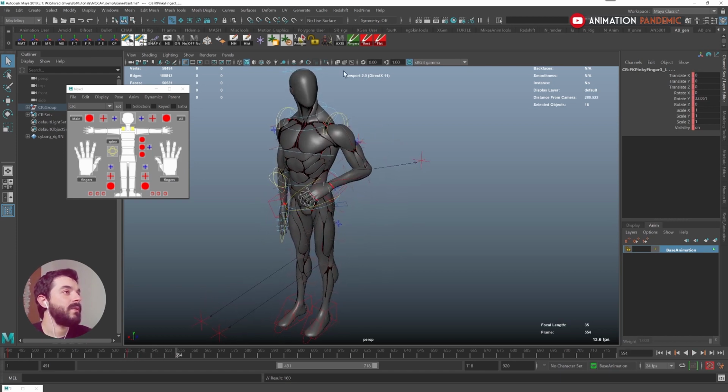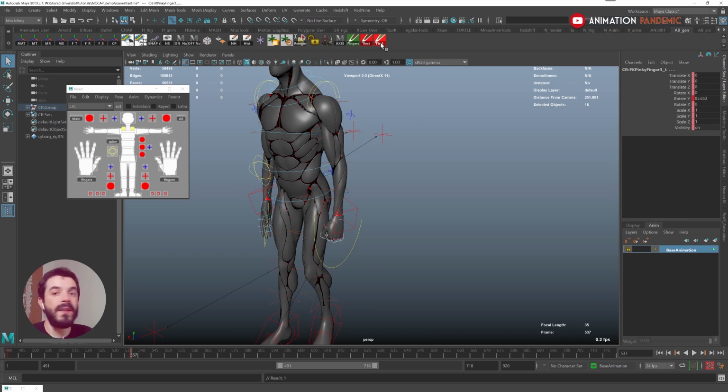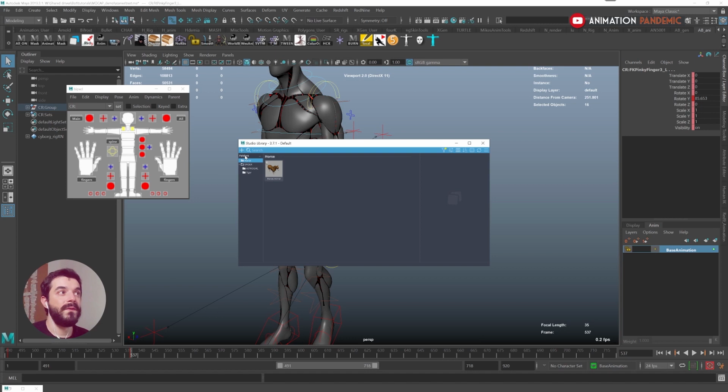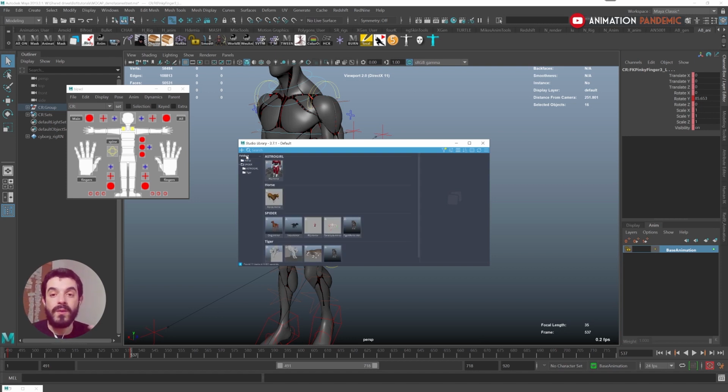And then as the guy moves up, I will make a rest and a fist. That's how you want to animate. So let's say we're working on a short movie all together. You want some dude to sit down and do very appealing hand poses, and those hand poses are stored with Studio Library somewhere on the server. So the folder Studio Library is pointing to is on the server,